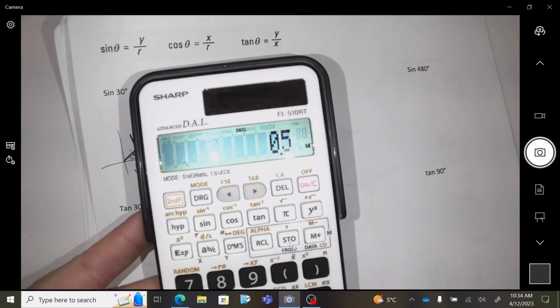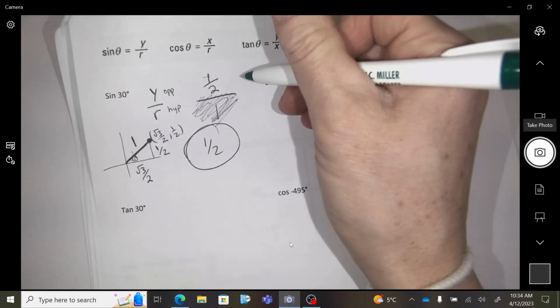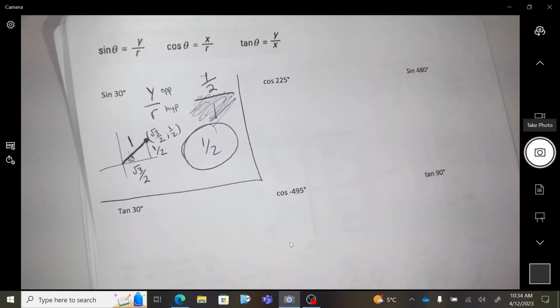Imagine how much easier it would be now if we had a calculator. No calculator, no. Okay,